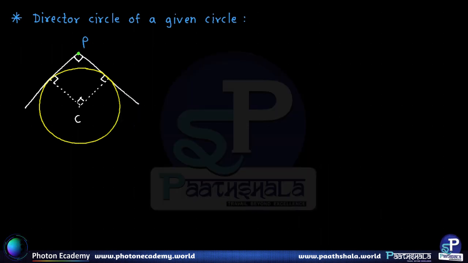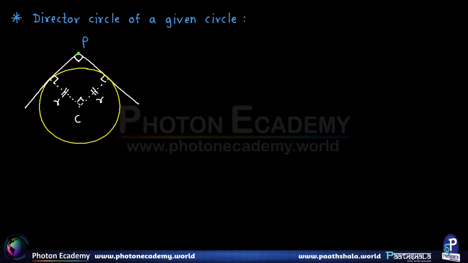So basically all the angles are 90 degrees, and the two adjacent sides of this quadrilateral are the same because they are radii of the same circle. So the figure so formed, as shown here, is nothing but a square. So PQCR is definitely a square. So if that is the case,